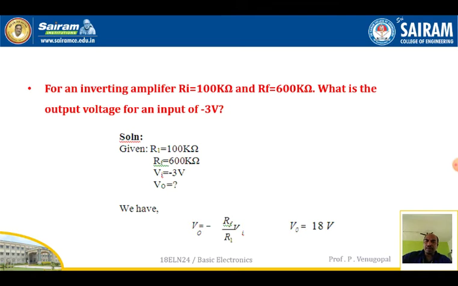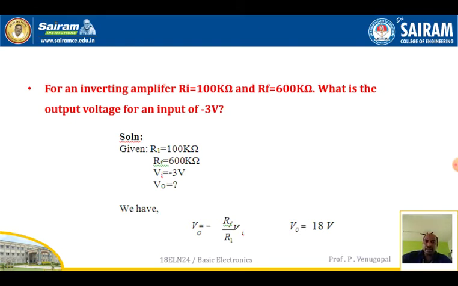Let's start with the problem on the inverting amplifier. You know what the output of the inverting amplifier is? The output of the inverting amplifier is the amplified inverted output, which means the output is amplified and there is a phase shift of 180 degrees with respect to the input signal. Therefore, we know already the gain of the inverting amplifier: AV is equal to V0 by Vin, which is also equal to minus RF by R1. So from that we can evaluate V0. V0 is minus RF divided by R1 into V1. So let us see this problem.